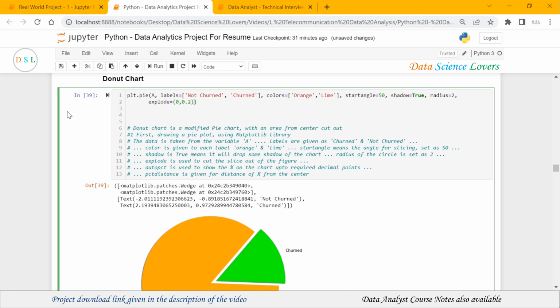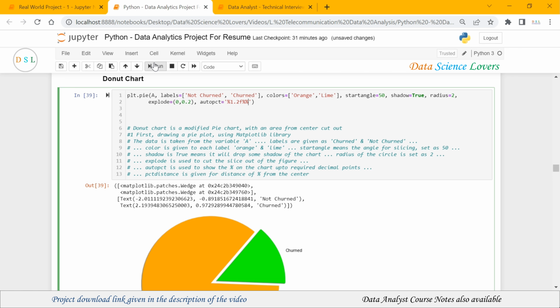Next parameter we can use is autopct, and here I can give the default quotes, percentage, and 1.2, and f, double percentage, and quotes closed.